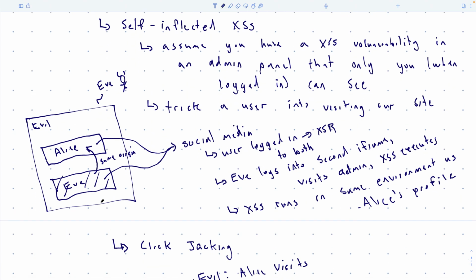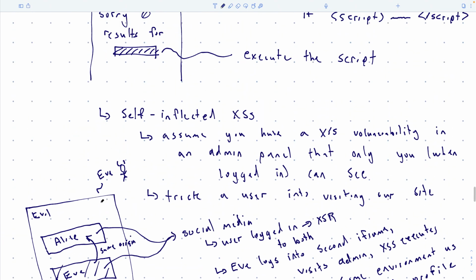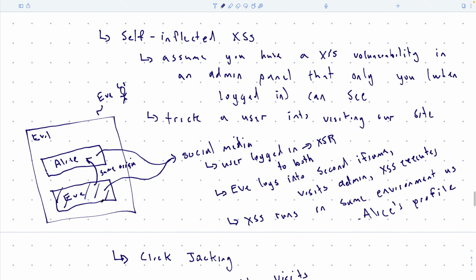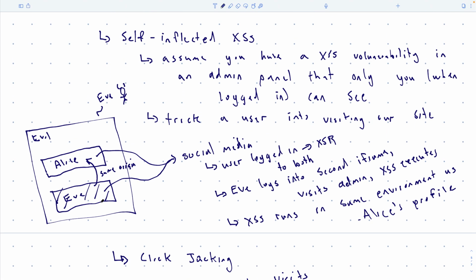Okay, another attack is clickjacking. And this is in response to cross-site request forgeries. So what websites did is,